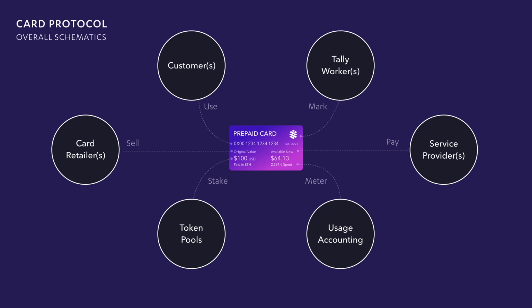We'll go into that in a moment. So the retailer can sell these prepaid cards and then give people access to this underlying network without necessarily having the customer directly dealing with tokens themselves. And finally, the tally worker marks the prepaid card value and the spend history to the market so that everybody knows how much something is worth, how much they can deposit, how much that deposit is worth, and how much can be withdrawn. So: use, pay, stake, sell, meter, and mark. The usage accounting is part of the network, and that's done both partially on-chain and off-chain. We'll get into more detail on that.